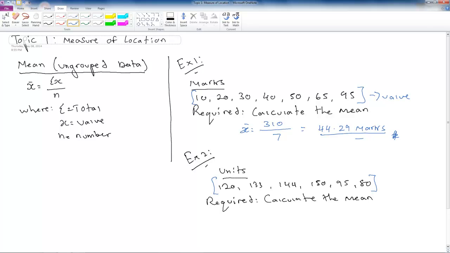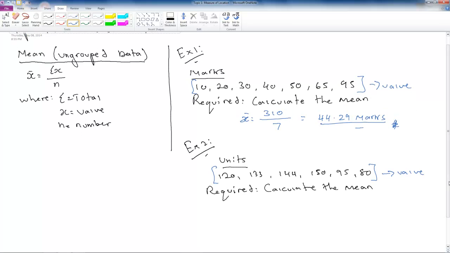All these are values here. So plus all the values over here, which is 120 plus 133 plus 144 plus 150 plus 95 plus 80. Add all, you will get 722. 722 divided by how many numbers we have: 1, 2, 3, 4, 5, 6. So divide by 6. You will get 120.3